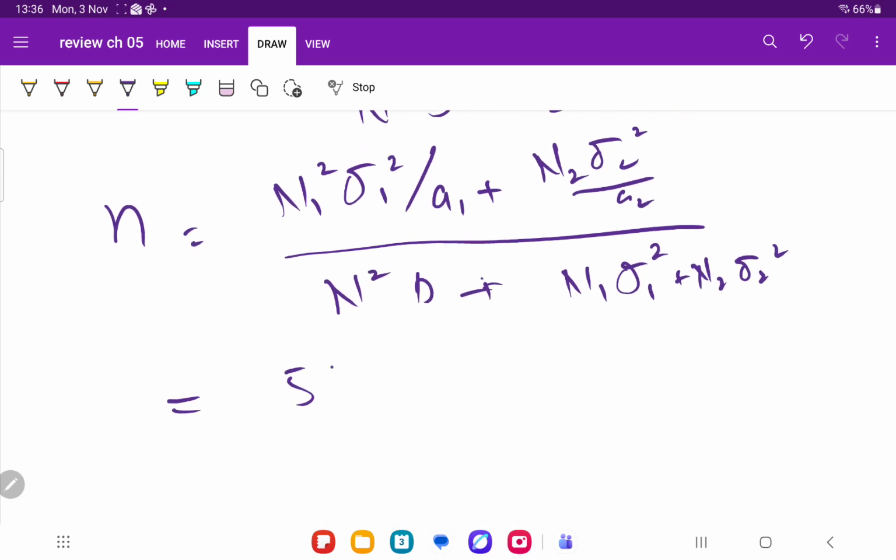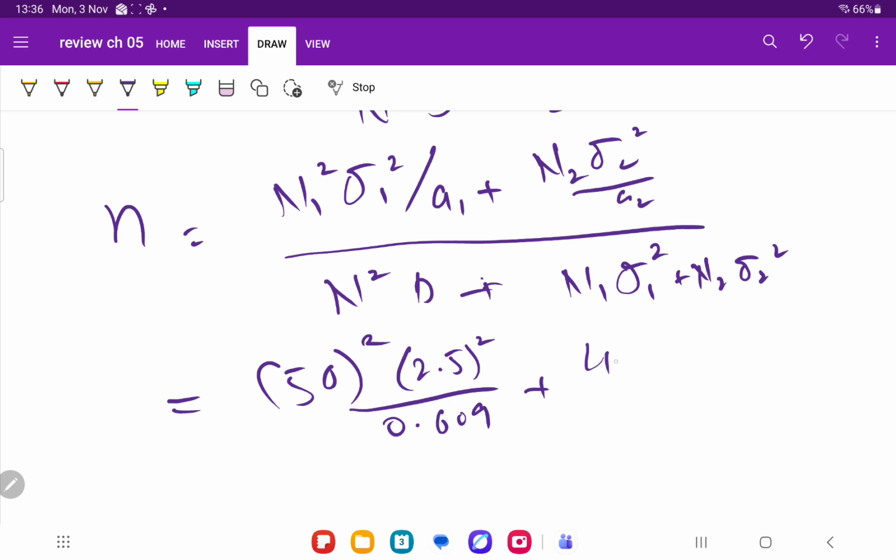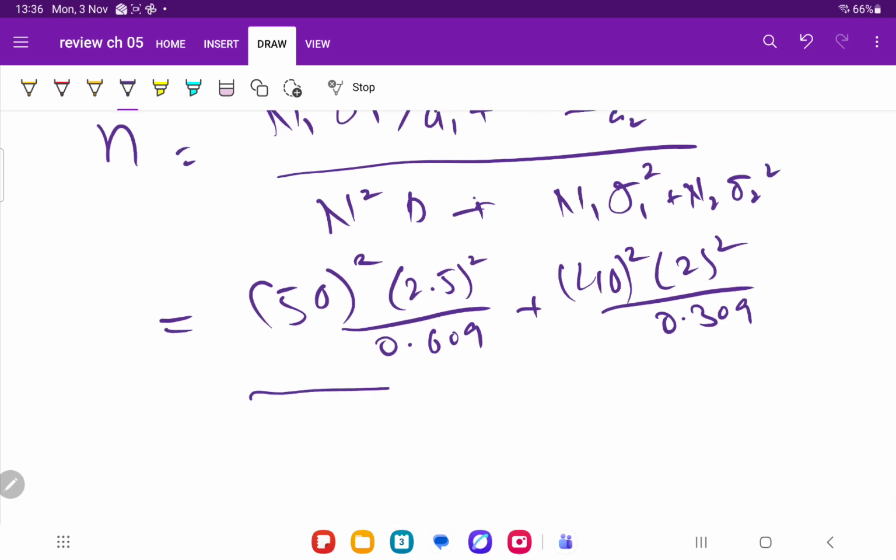So N1 is 50 square multiplied by 2.5 square divided by 0.609, plus N2 is 40 square, 2 square, over 0.309. Okay, and N square is 90 square, d is 1 over 4